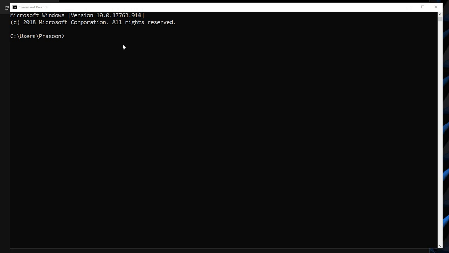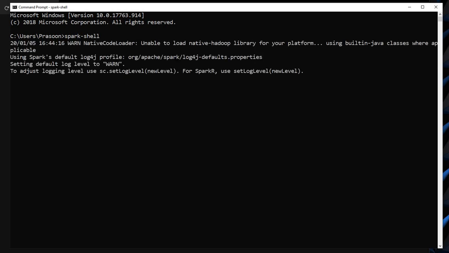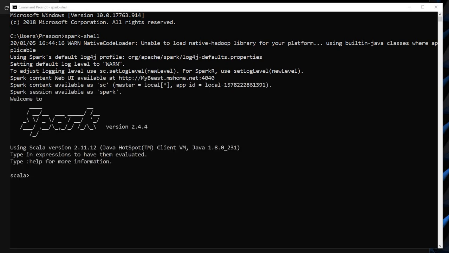Before loading the CSV file, this is my command prompt. I hope you all have Spark shell already installed on your system. Just write spark-shell and wait for a couple of warnings. Now you just need to import org.apache.spark.sql.SparkSession. I'm not typing it, just to save your time. The very next thing you are supposed to do is